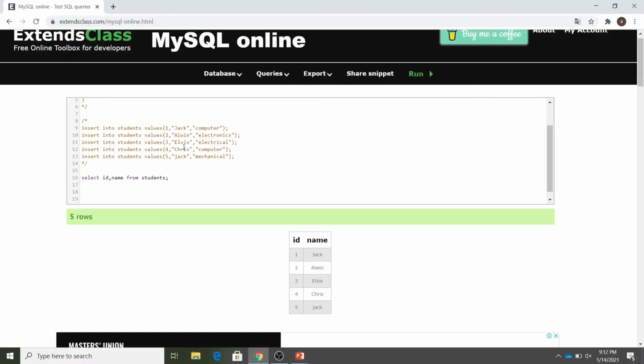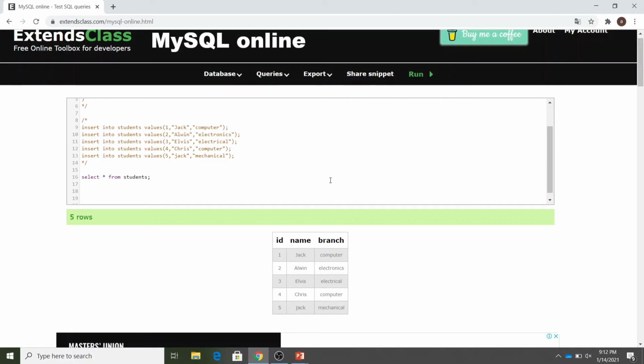Now the where keyword that I was talking about, let's discuss the use of that also. Now suppose I do first select star from students, and that is running pretty fine. Now suppose I want to find the branch of the student whose ID is 1, or for a particular ID I want to find the branch. So this conditional thing we will achieve using the where keyword.